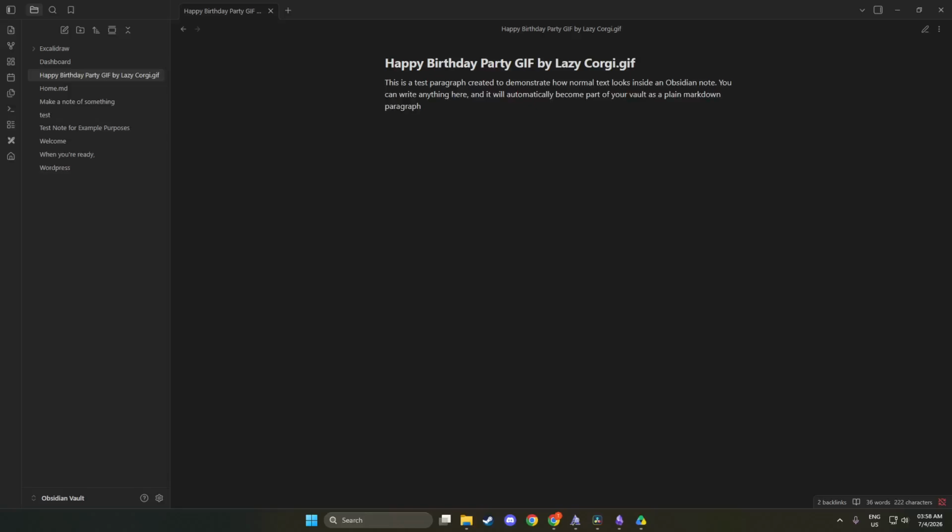In today's video, I'm going to teach you how to find Obsidian Vault. First, locate your current vault name at the bottom left corner of the Obsidian app. This is usually displayed prominently, making it easy to find. When you see your vault name, it is a clear sign that you are in the right place.